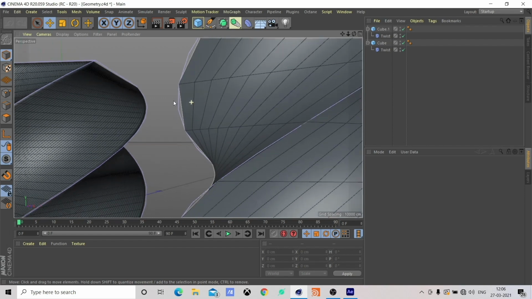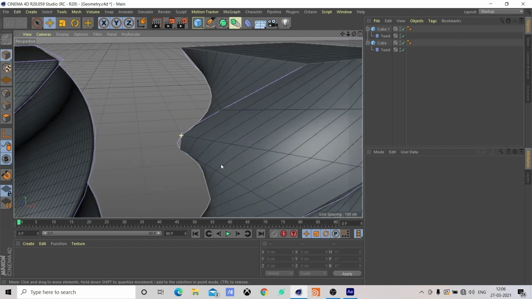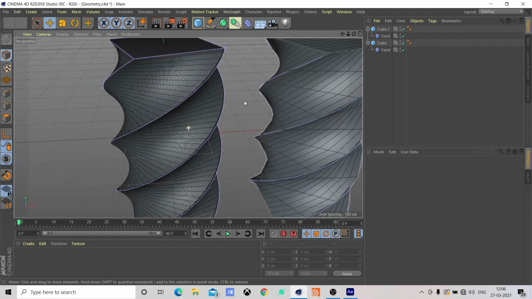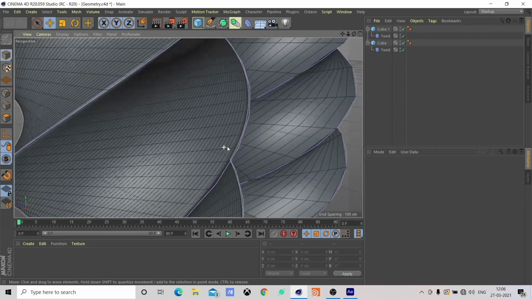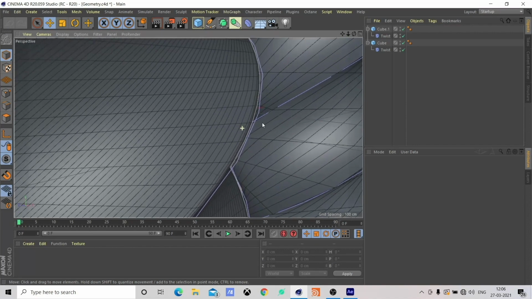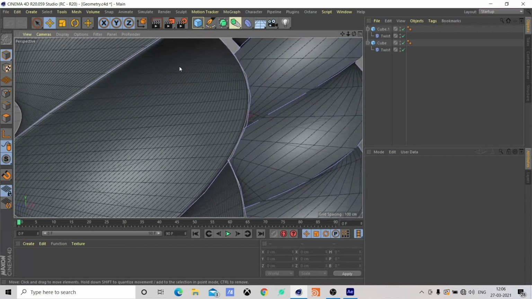Because this doesn't have a lot of cuts, we can see a lot of lines over here. This doesn't look too smooth, and over here we have something with a lot of cuts, and as a result this is a lot smoother, and this is where we want to be. So the next step would be to actually get a lot of geometry on our type.